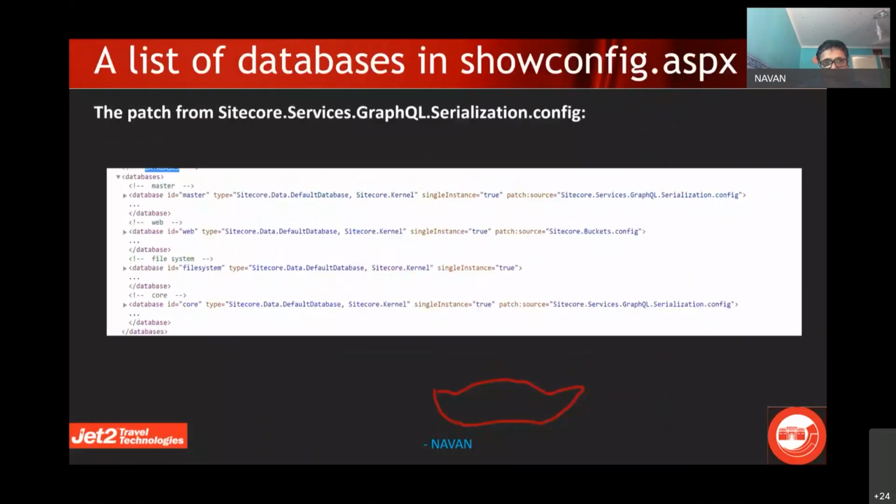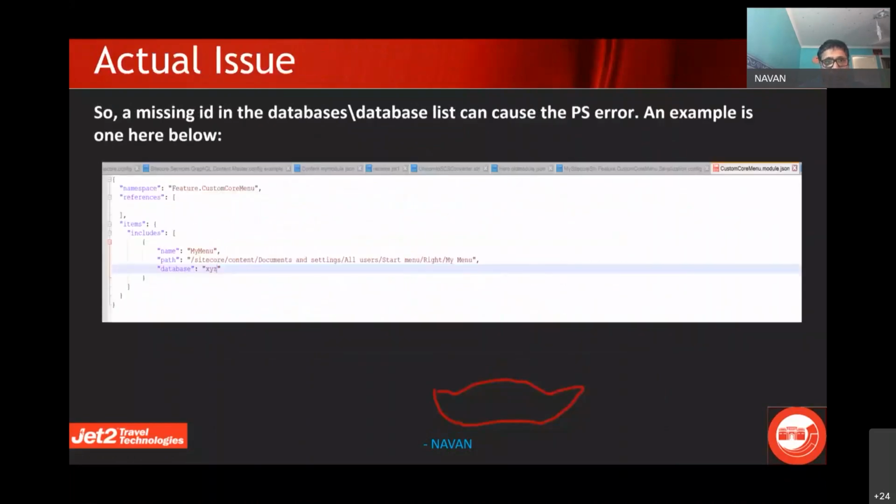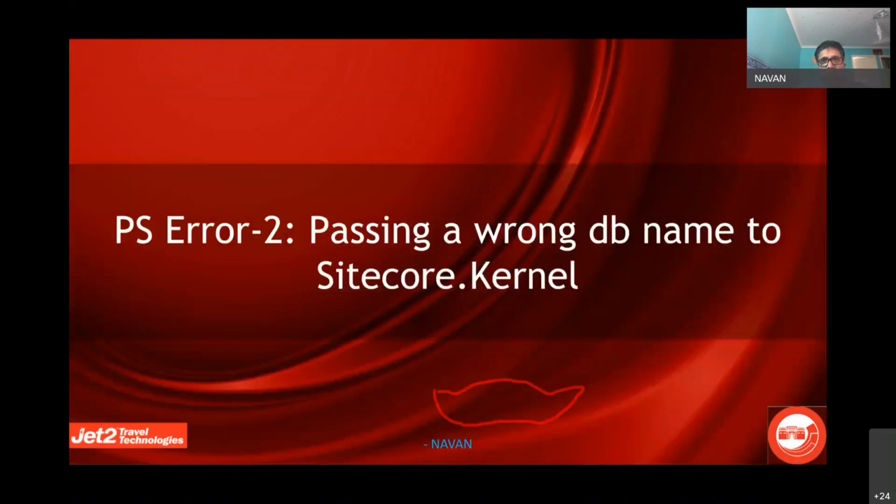So that is one of the errors. What I did next was pass a wrong database to the kernel. If you look at it, until now the call has not been passed to the kernel. The call has been only in the client DLL and then the serialization DLL on the server side. It has not gone to the kernel because it is stopped before that, right? It has cross-checked that it's not part of these two databases, so it's filtering it out and saying the database did not exist.